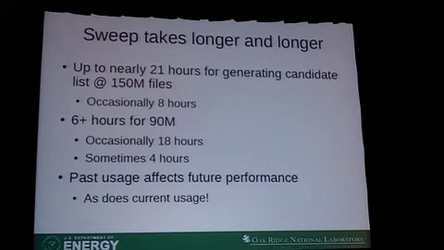Part of the reason these things take so long, and they don't necessarily slow down as much when you have a fewer number of files on the system, is that e2fsck and e2scan are both pretty well optimized. If in the block group descriptors we can say, I only have to read this portion of this section of the inode table because I know that past that I've not used it yet, I have an area that I know is completely unused, and so I can skip all of that data and not have to read it. The problem is these guys have gotten really big. For the 150 million files, I'm actually scanning 580 million inodes to find that I'm only actually using 166 million inodes.